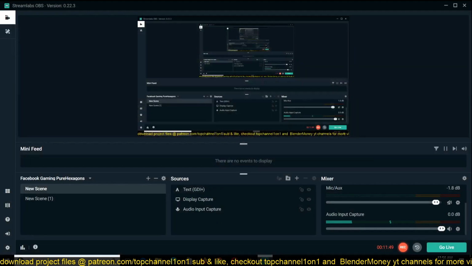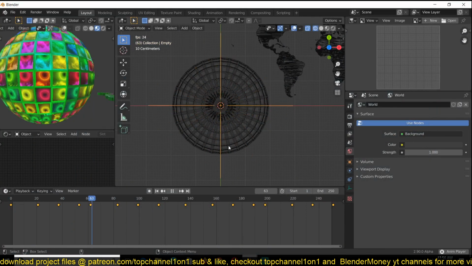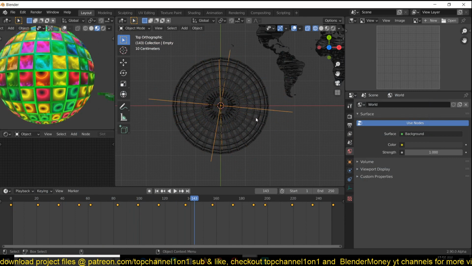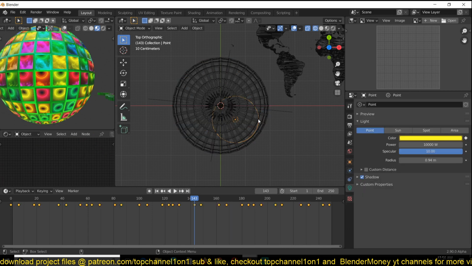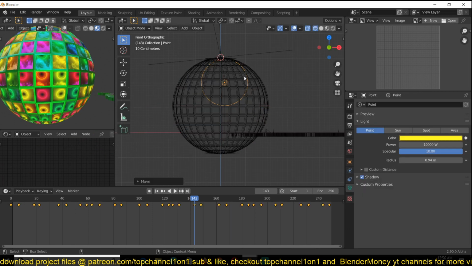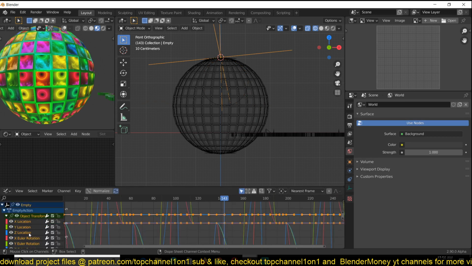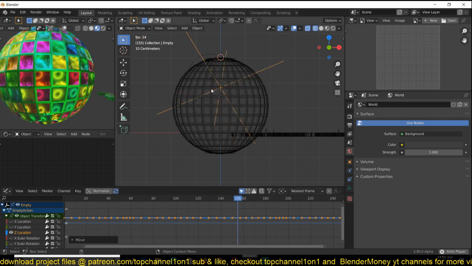Make sure this is recording. Now, so far we have been able, okay, let me bring this even farther in. This needs to be inside the ball, so I'll just grab the Z location and drag it in.